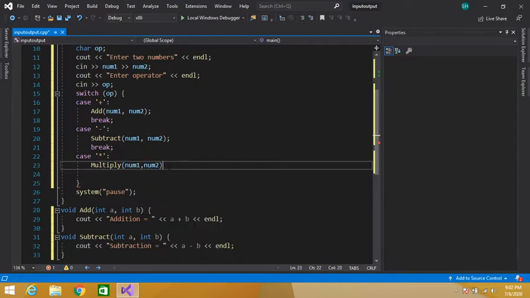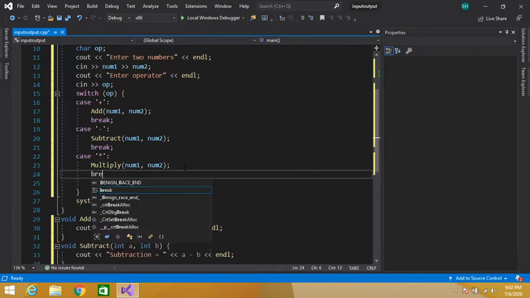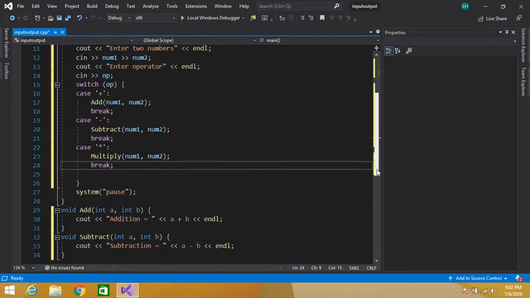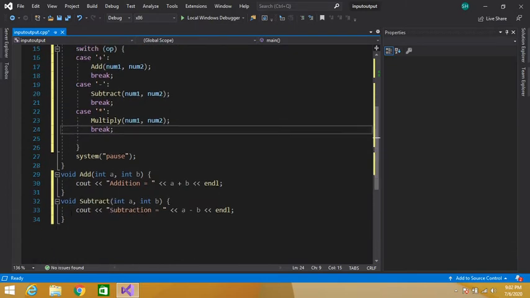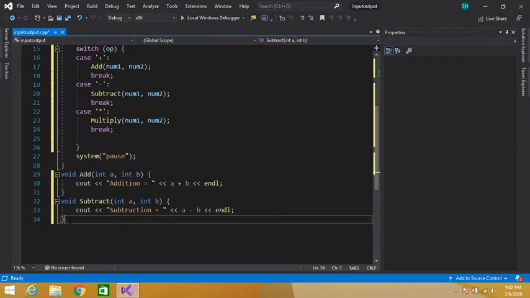So here we have called our multiply function. If the user enters the multiplication operator, then we will call our multiply function. Again break statement, and now we will write the definition of this multiply function down here, also the body of the main function.